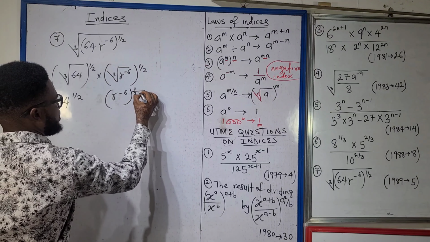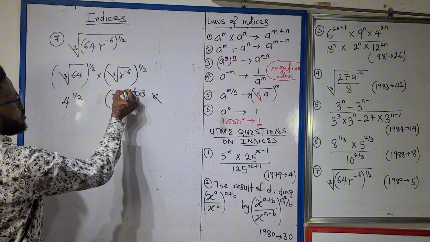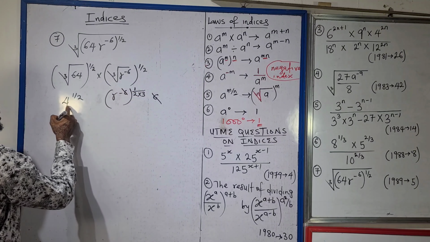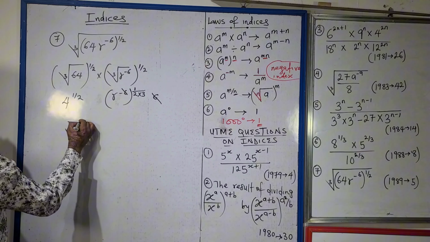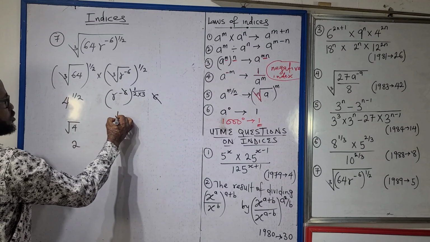So 2 times 3 will give you 6. So the 6 invariably will take out the 6. So that square root of 4 here is going to give you 2. And then for this, what you're going to add is r raised to power minus 1, as 6 are taking out 6, I'm left with a minus 1. So 2 times r raised to power minus 1. So I have my answer to be 2r raised to power minus 1, or